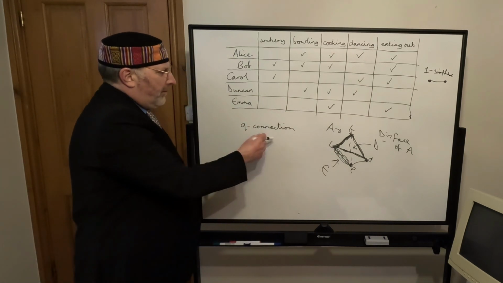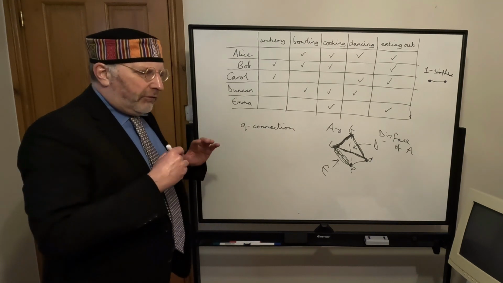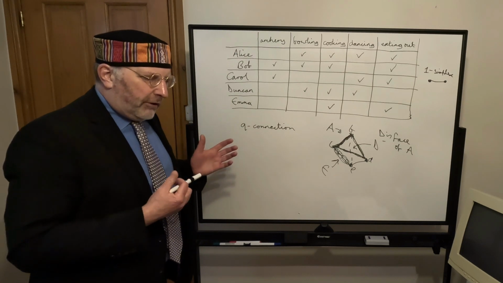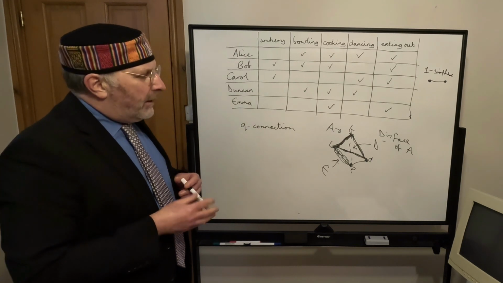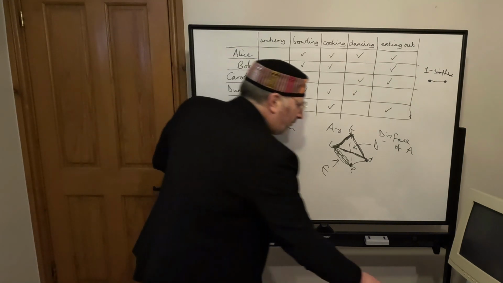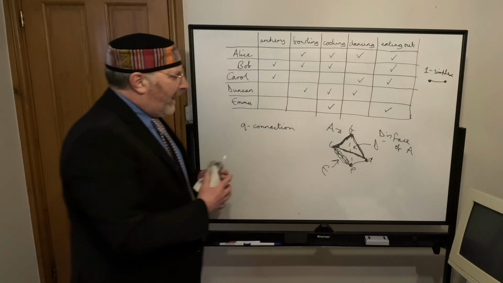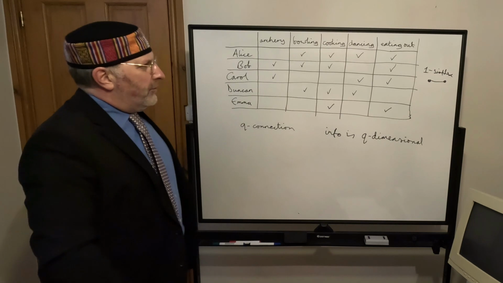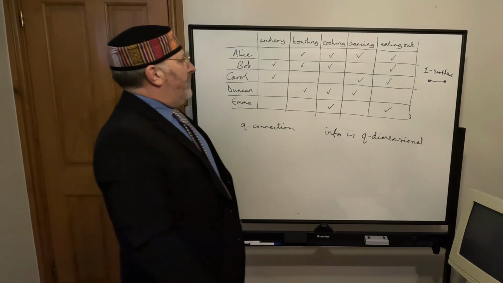So Q-connection applies to any pair of simplices, and it also describes the connectivity of the structure as a whole. And then the key point from this is that information has a dimension. So information is itself Q-dimensional. So what do we mean by that? Well, if